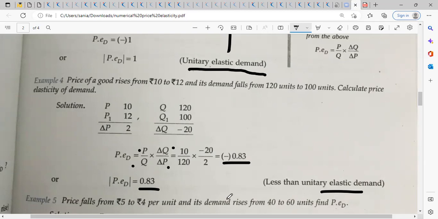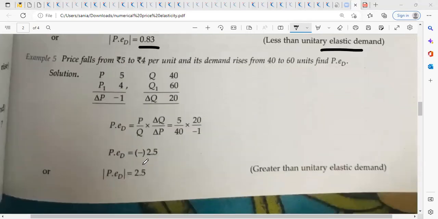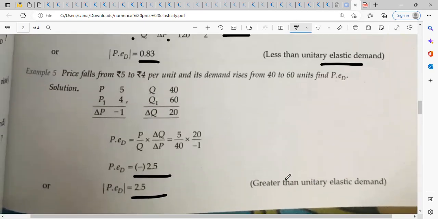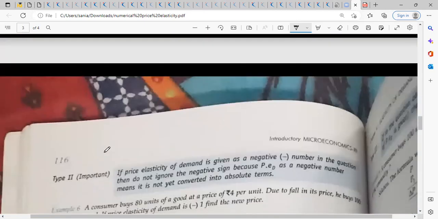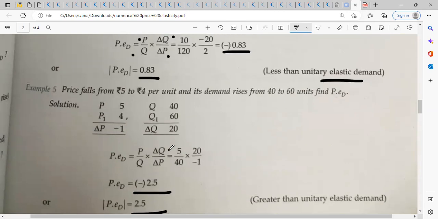I hope you got the same answer, minus 2.5. Then you remove the minus, so it is greater than unitary elastic demand. Basically this is type 1. We will also discuss type 2 in the next class, and after that we'll start the next chapter. Like, I'll take your test for numericals and